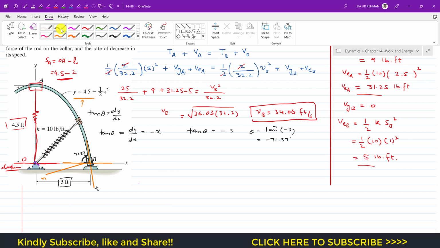Let me draw the free body diagram here. This is the collar, and this is the tangent to the path. This is the tangent to the path, and this is the normal. And this is the x-axis which is horizontal at point B. This is our tangential axis, this is our normal axis, and here we have that angle, which is 71.57 degrees. And as we can see, if the collar is somewhere here at point B, then the spring